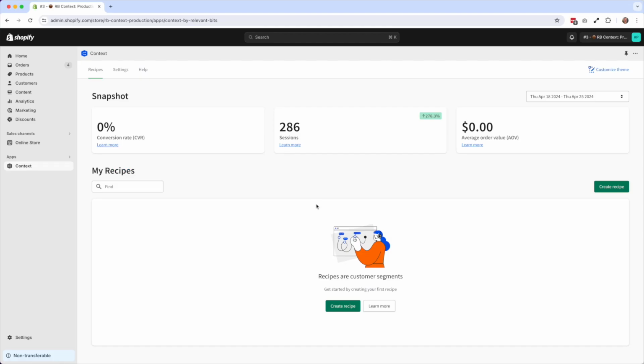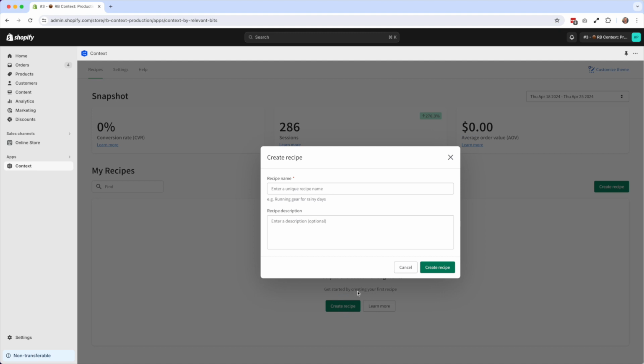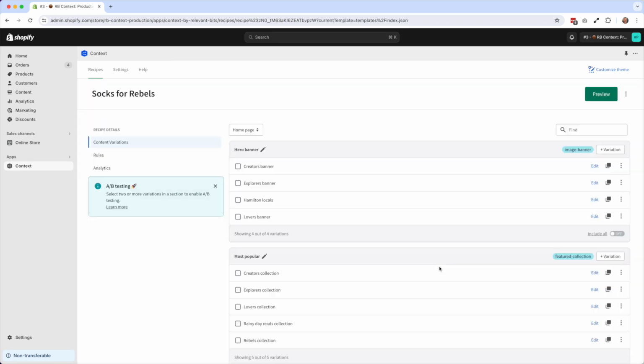Let's create our first recipe. Start by applying a unique name that is easily identifiable within the context dashboard. In this case, we'll use socks for rebels. Recipes are made up of 3 ingredients: the content variations you create for each section within your Shopify theme,